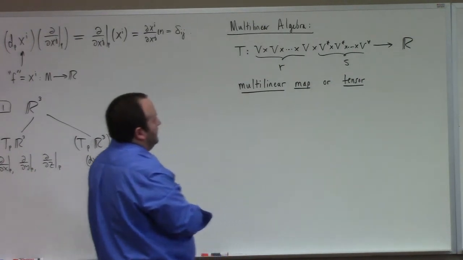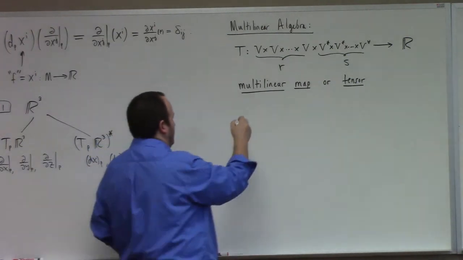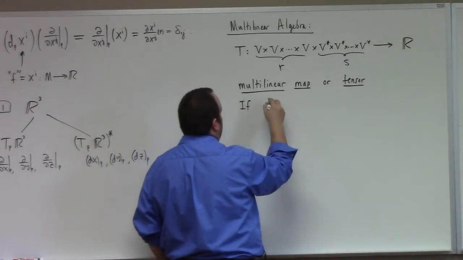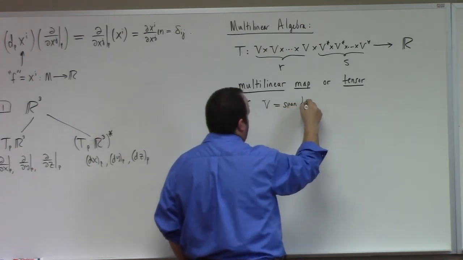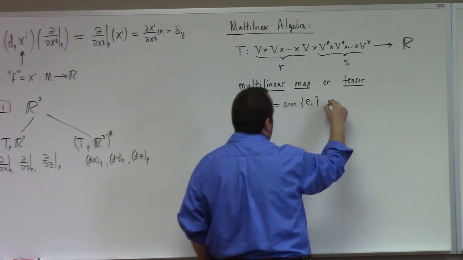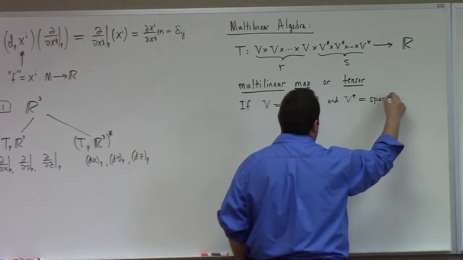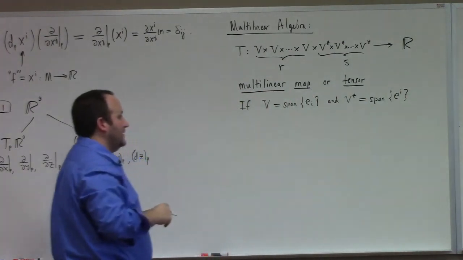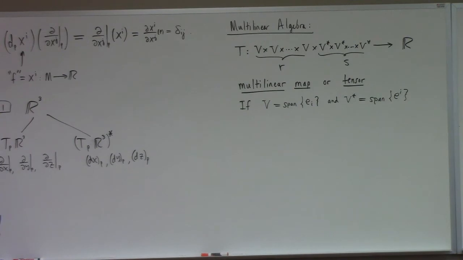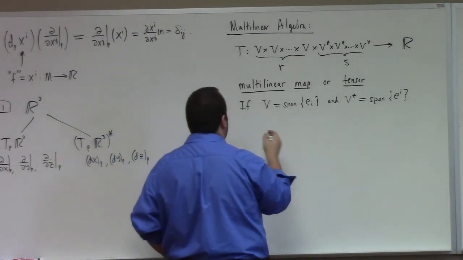Long story short, I don't want to belabor the theory here that much, but if V is the span of E lower i, and if V dual has dual basis, span E upper i, then I can build any tensor from what's called the tensor product of these basis and dual bases. In particular, I can write that T,